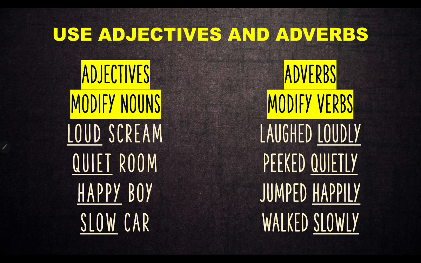Okay, the next thing is you have to also use adjectives and adverbs. Adjective kata sifat. Adverbs is kata, I'm not sure kata apa. But let's see the examples. Adjective is kata sifat. Kata sifat is used to modify nouns. Kita bagi sifat kepada kata nama, kepada benda. Okay, for example, yang saya underline ni, these are all adjectives. Instead of saying, I heard a scream, saya dengar satu jeritan. I heard a loud scream.